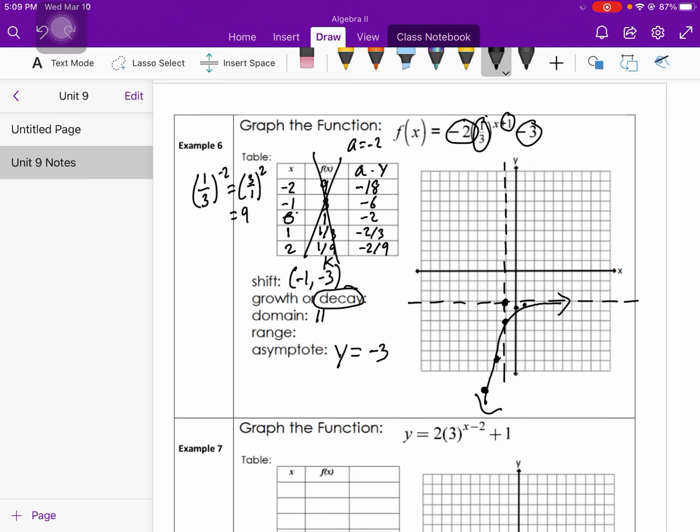Domain, all real numbers. And then the range is we're smaller than our y value, so y is less than negative 3. Okay, so go ahead, give these a try, and then do the exit